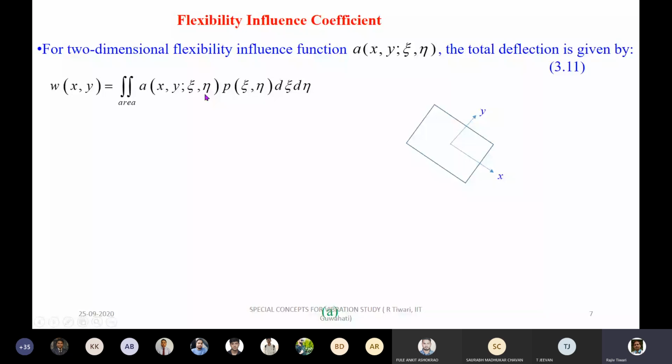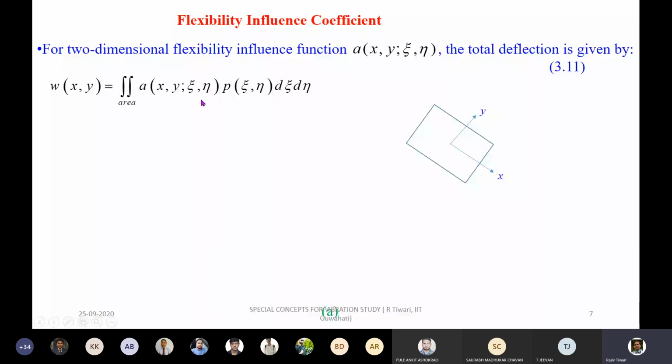This is the influence coefficient. So that will relate with the displacement at xy, but we need to take all such forces over the area. So that's why this double integration is there. So that is an influence coefficient function for the two-dimensional case. So the concept is there, but I think finding this is quite complex. Finding such relations of the influence coefficient is quite complex.